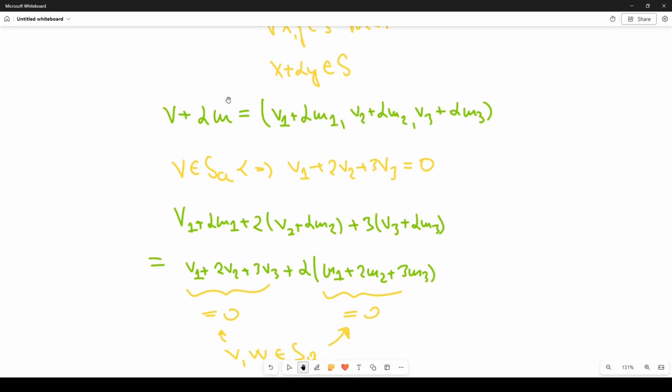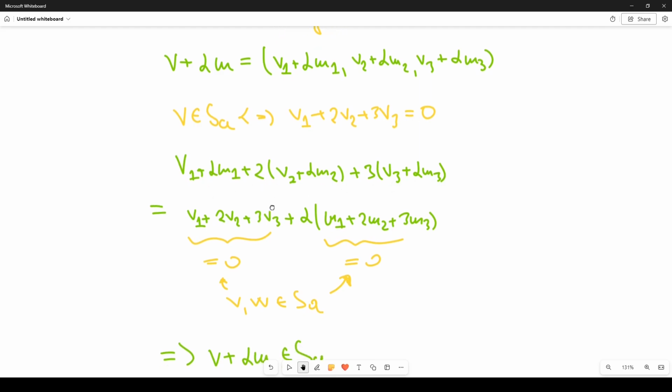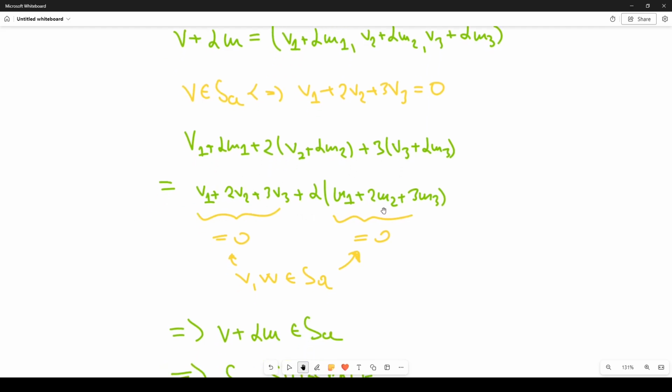So now we have to determine whether this element over here satisfies this condition, and if it does, then it will belong to our subset S of A. So we take these, its coordinates, and we form this. So we get this, we do some tidying up, and we get this, and now we use the fact that